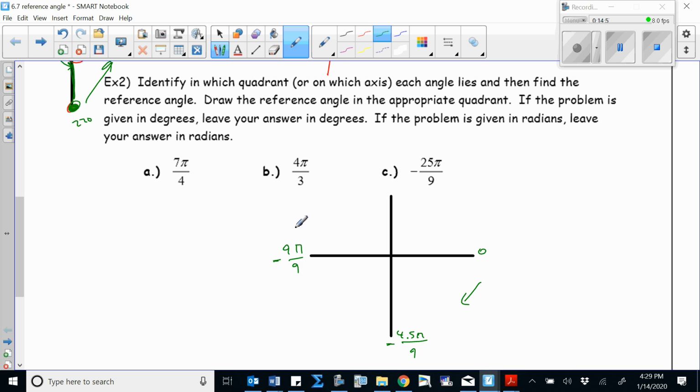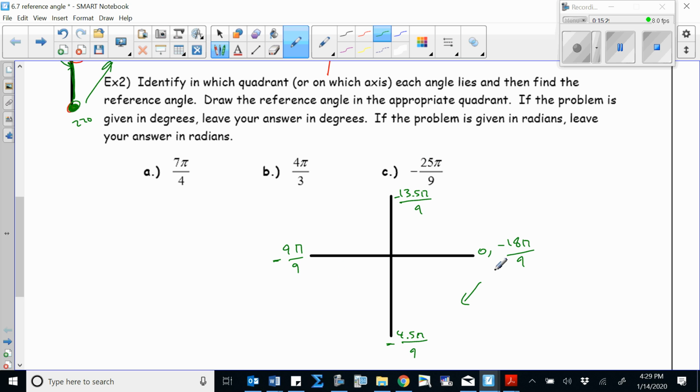Then I continue moving this way. This 4.5 and 9 pi over 9 will be added. This will be 13.5 pi over 9 negative. And then if I go back to here, this point where 2 pi actually was located, 2 pi is going to be negative 18 pi over 9 because 18 over 9 is 2. The angle that I have is 25 pi over 9. So I have not reached there yet. So I have to continue